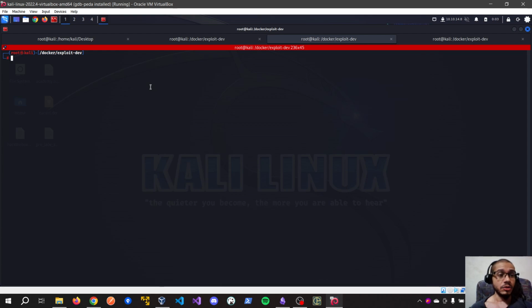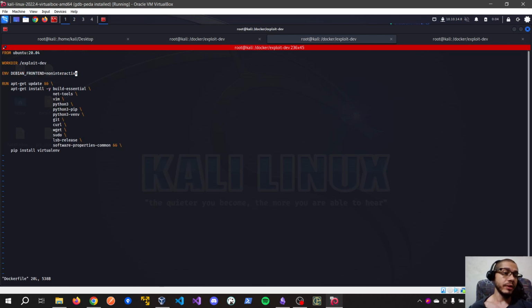That's a pain. So for this, one thing that we are going to use is a Dockerfile. I created this Dockerfile here that has a machine using Ubuntu 20.04 as an example, and installs a bunch of things that are needed to compile our binary.